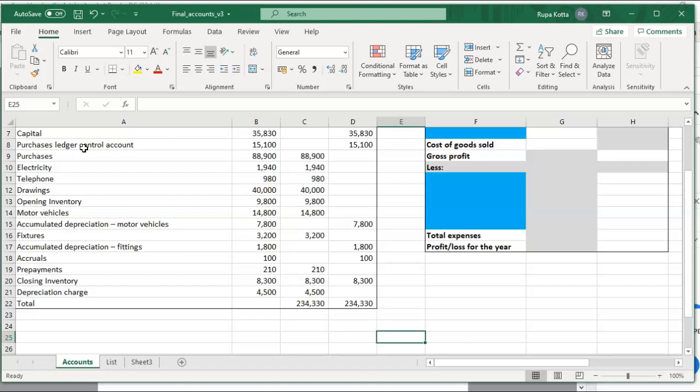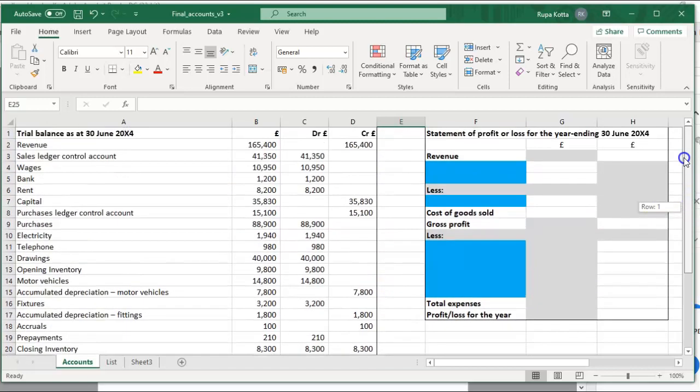Okay, so if you want to enter them into the financial statements, you need to change some of the terminology from this trial balance, and they want you to create this terminology as a list in another sheet. But this list has already been provided to you. I did not do this, it was already given to you. So even though they asked you to prepare a list in sheet 2, they have already done that for you.